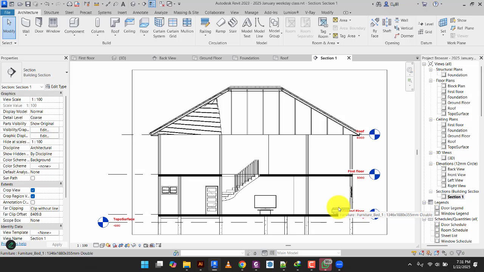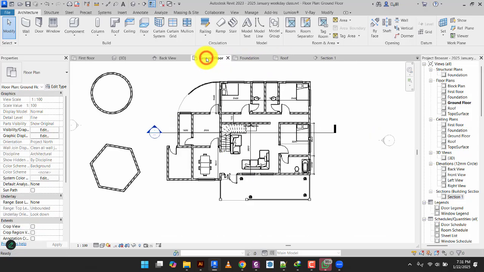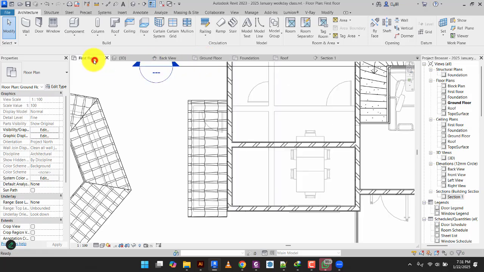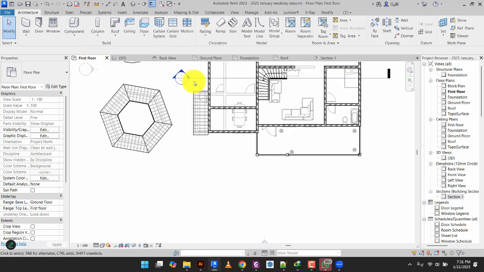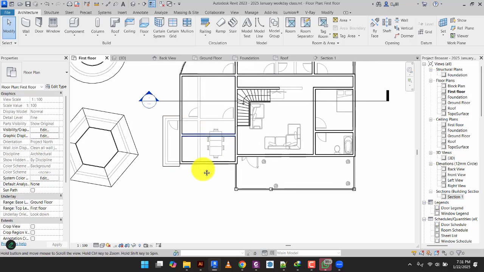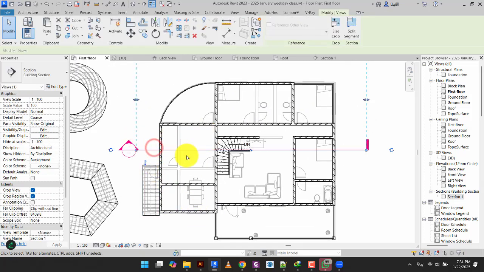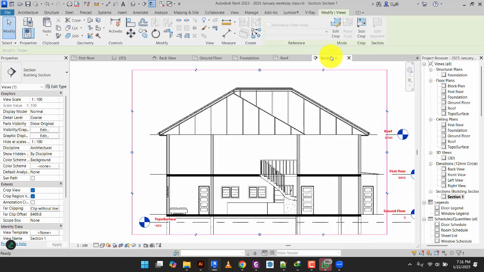You get it? If I go back to my ground floor or even first floor, you see, we didn't draw it here, but we see it here. You can select it and let me flip it. So if I go to that same section, because that same line, if I go there to change to the other side,